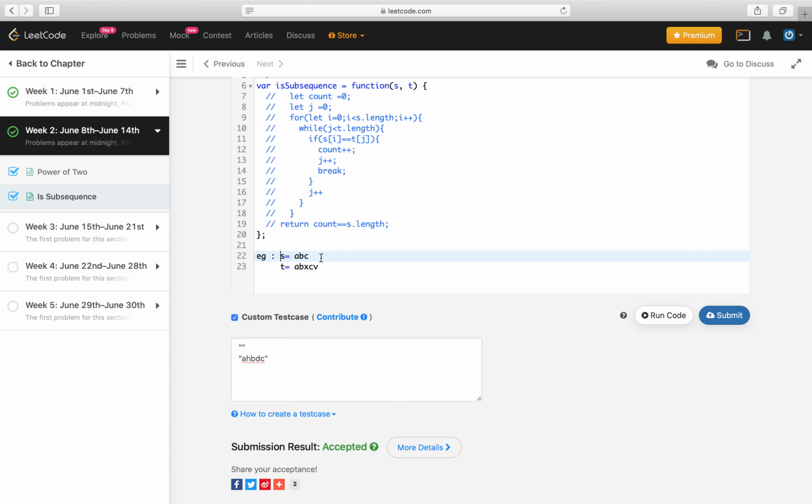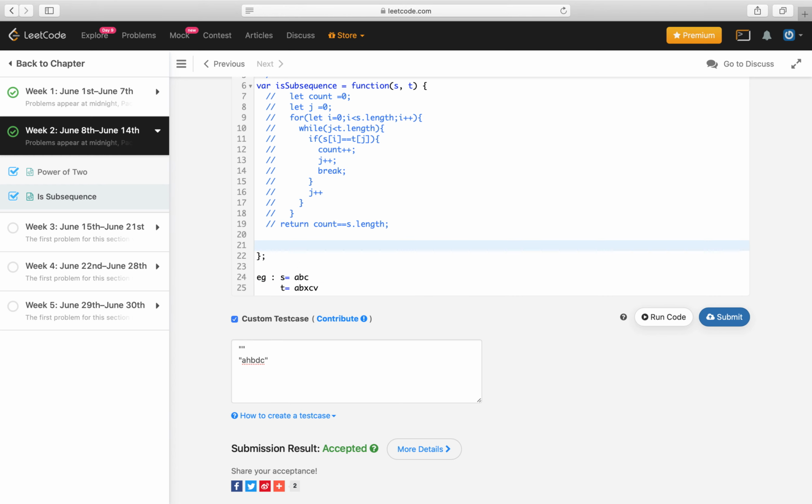If we look closely, we can simply start from the last character of S and T. If both of them are equal, then we move to the next character for both of them, and if they are not equal, we simply move back in T. So in this case, we will use the approach of recursion.